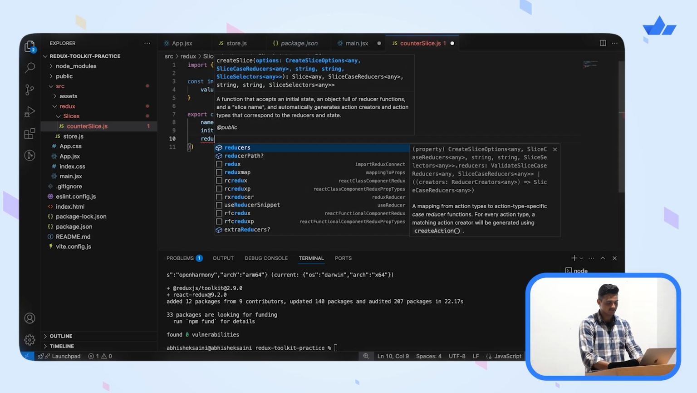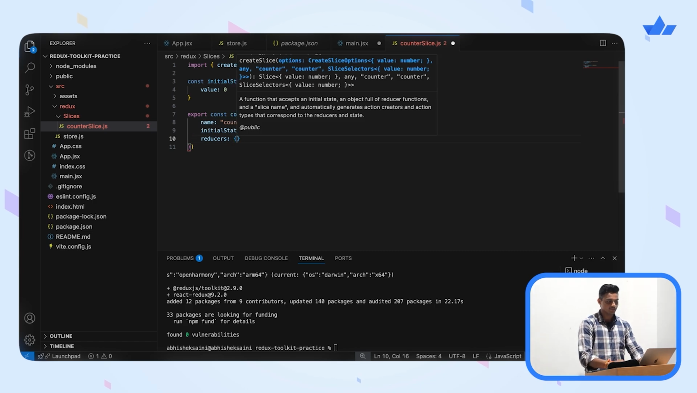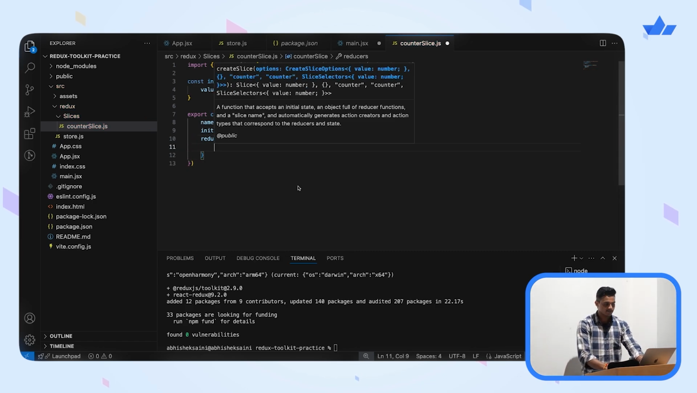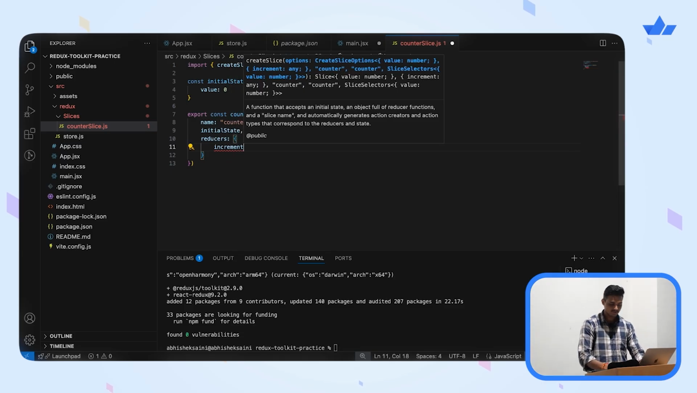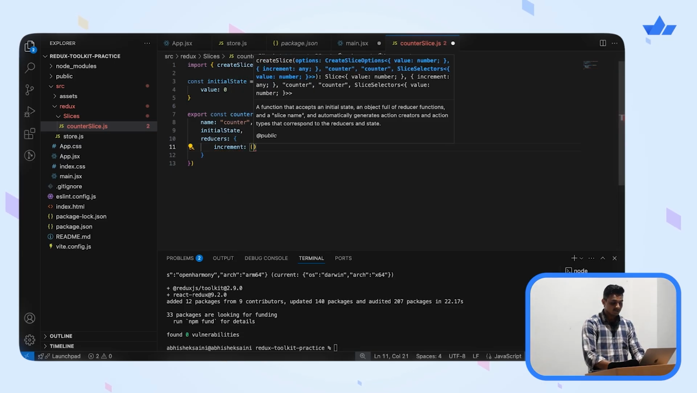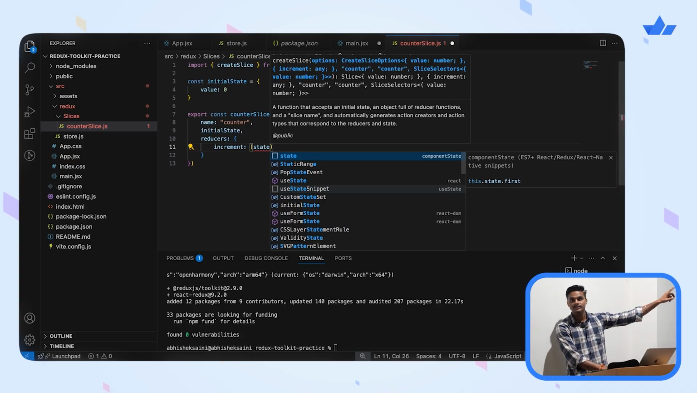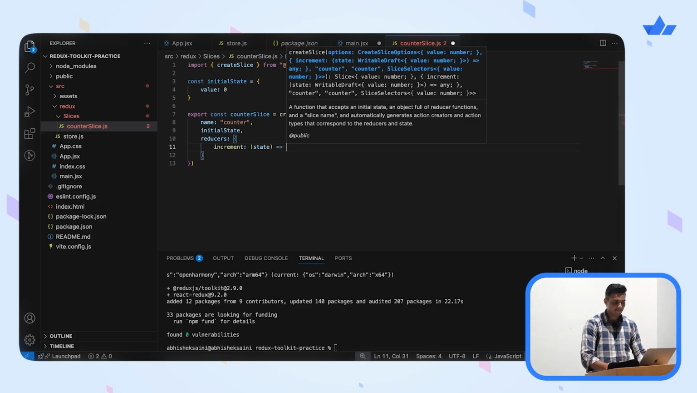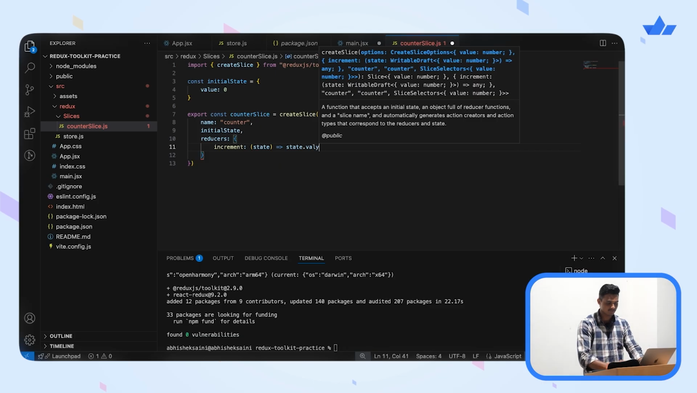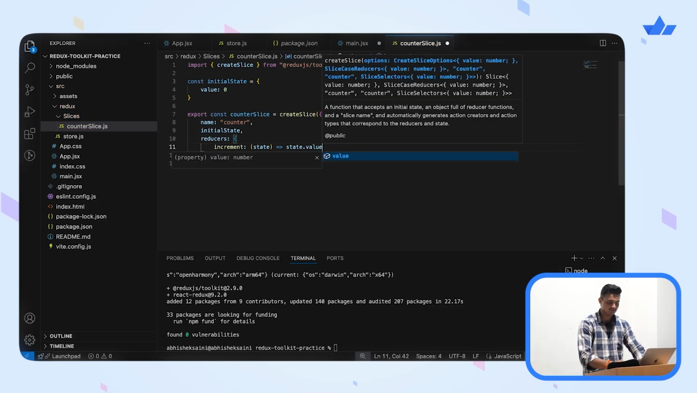Now the reducers will be defined. Here I will define the reducers. The first reducer is for incrementing the count. In increment count, this state is the previous state, like what the state was before we update it. This points to the previous state. Now I am going to update this. How? state.value